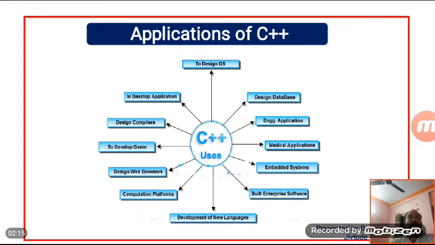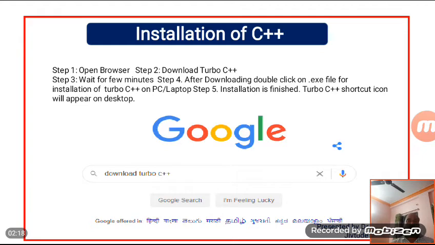Next topic is how to install the C++ editor. Installation of TC is very simple. Just download Turbo C++ and run the .exe file. When you install the Turbo C++ compiler on your system, a TC directory is created on the hard disk, and various subdirectories such as bgi, include, bin and lib are created under TC.